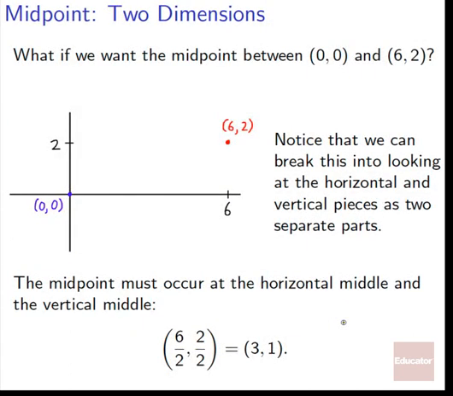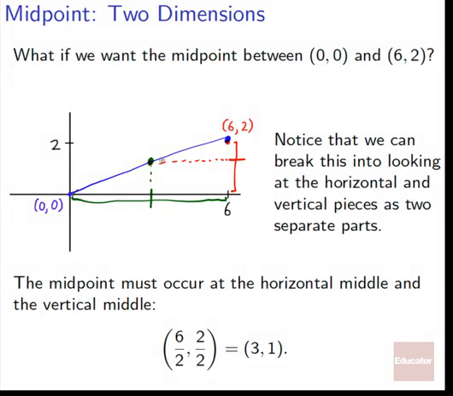What if we wanted to find the midpoint between (0, 0) and (6, 2)? Now, notice, instead of trying to figure out what's the middle of the point on a line that connects the two of them, I wish I had made that slightly more perfect, we can go, well, hey, look, we know there's just going to be some distance vertical and some distance horizontal. It must be that it splits our distance halfway horizontally, and it splits our distance halfway vertically. So the two of them come together,